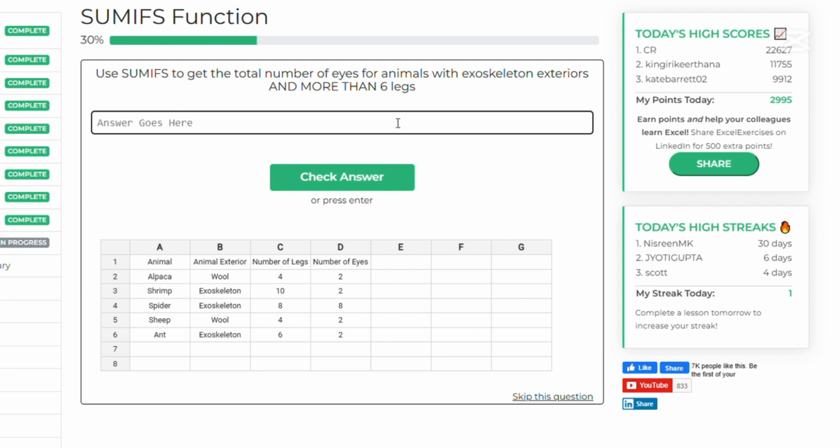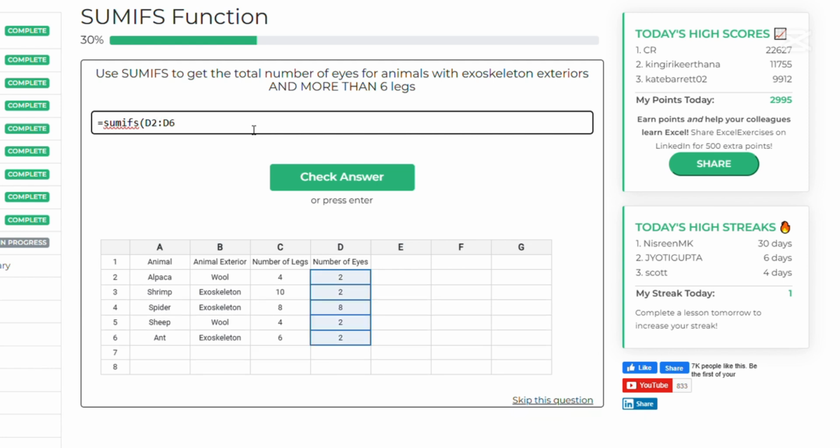Okay, so you think you got it correct? Let's see, right? It should be, first of all, SumIfs with an S, right? What are we looking for? We are looking for the number of eyes. So where do we have the number of eyes? We have it in column D. So the first one you have to do is D2 to D6. That's the number of eyes. Now we'll have to check for what? We'll have to check for exoskeleton exterior. So for animal exterior, it should be exoskeleton. So that you check from column B2 to B6, right? And what do we have for it? It's called exoskeleton,